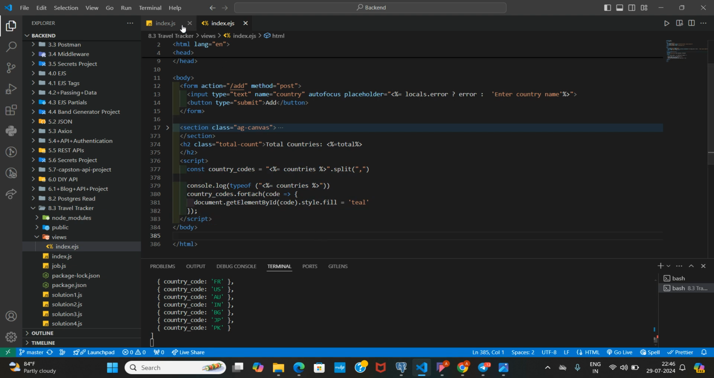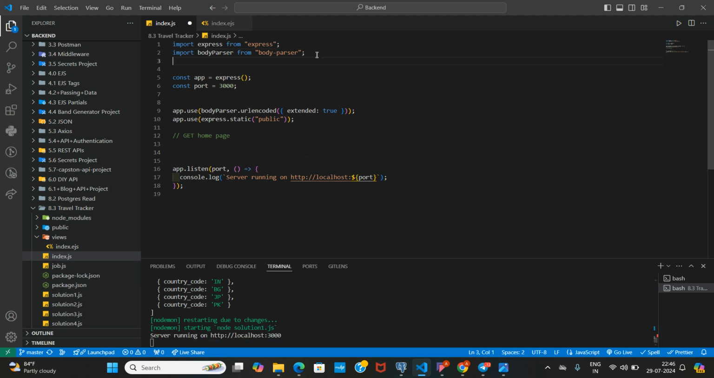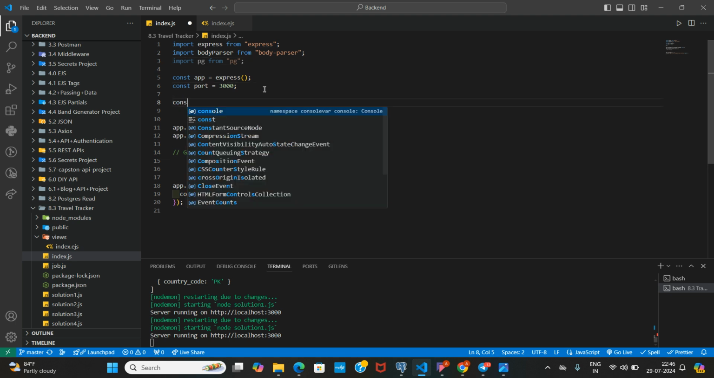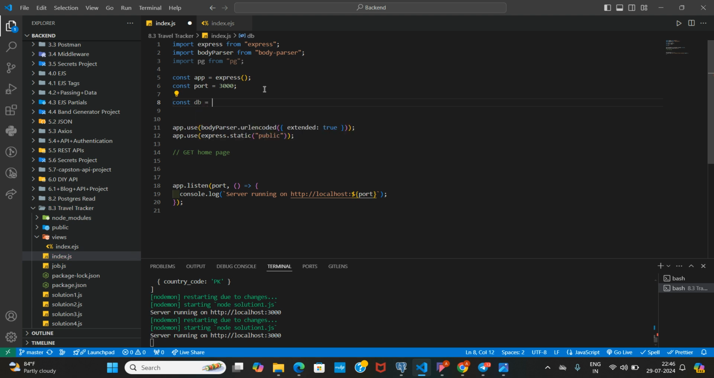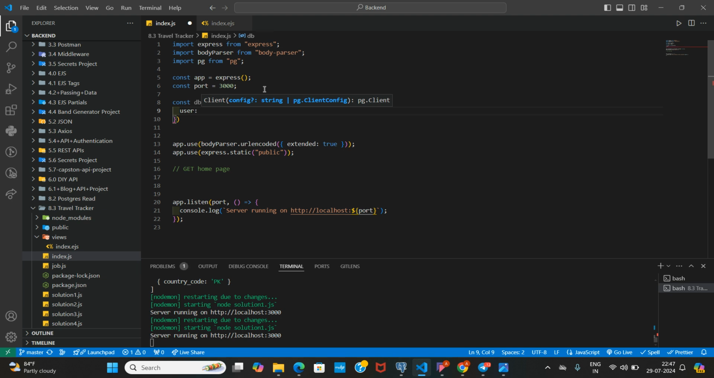Let's save and go to the index.js. So first things first, I gotta import the pg package. Import pg from pg and save. Next thing I gotta do is to create the database. Constant db equal to new pg.Client, and user is gonna be